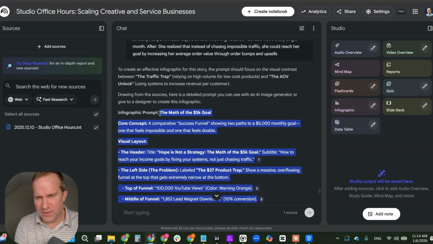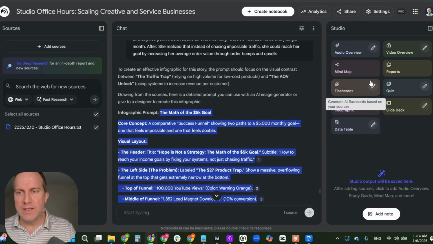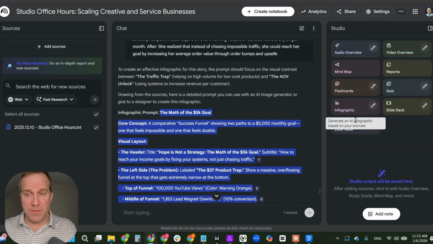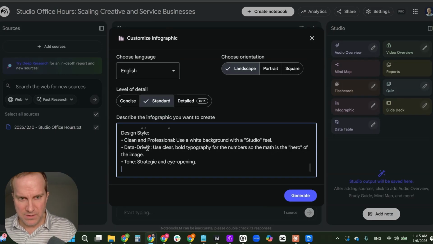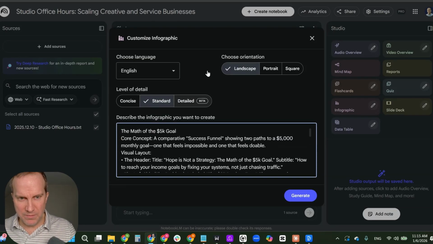So let's say now I look at it, it's great, good. Now what I can do is I could go to Gemini outside of here and create the prompt, or I could do it right here. But first I'm going to click the pencil icon, and I'm going to paste in my prompt, and I'm going